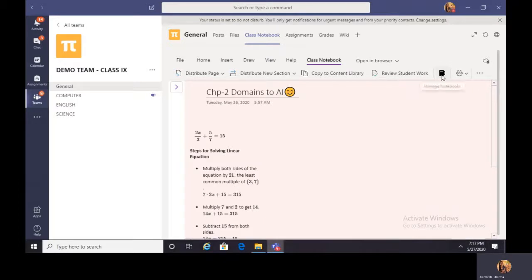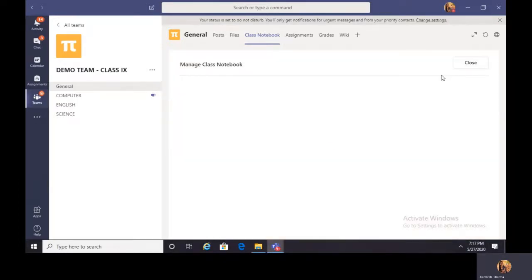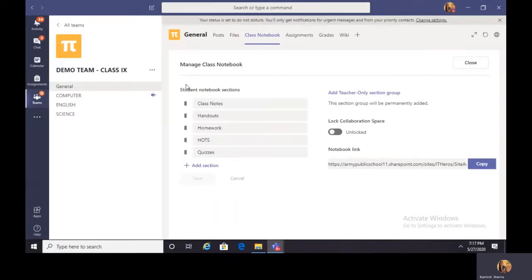Now there is one more option which is here, manage notebooks. Now this is a really very important option. It is going to give you all the sections which are present for your children. It is even showing you the latest section which we added. Now if you want the collaboration space to be locked, you can do that from here.